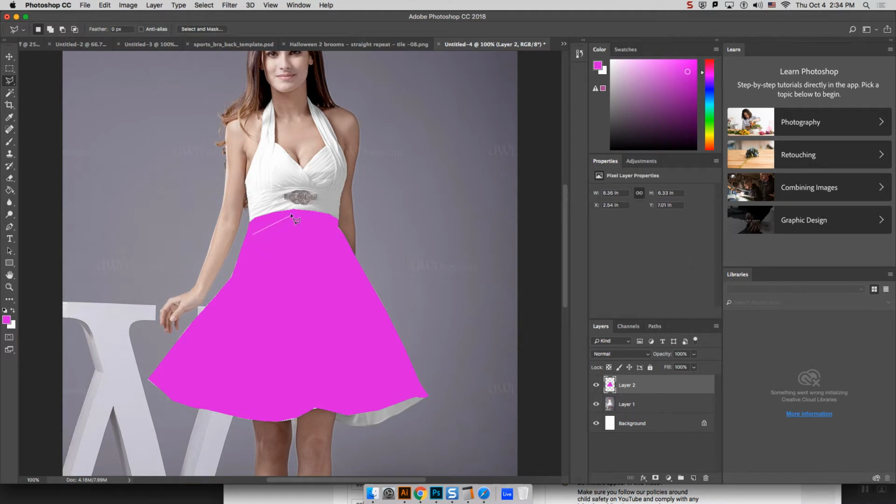Notice I'm starting below this shape, and that's because the paint bucket only fills colors that are the same as where you click, right? If I click in an empty space, it's only going to fill that empty space, and it's not going to fill the pink space. So once I select this area,